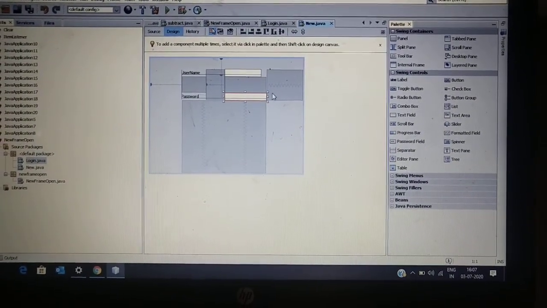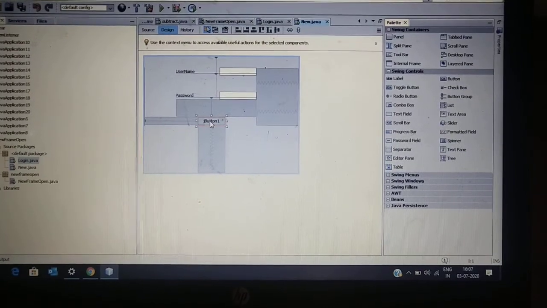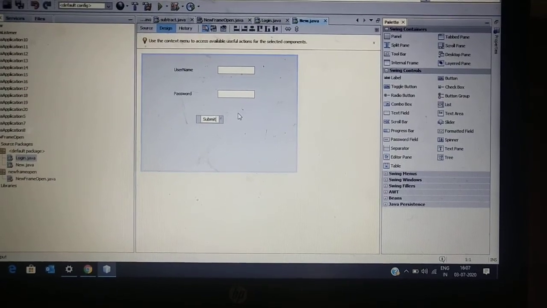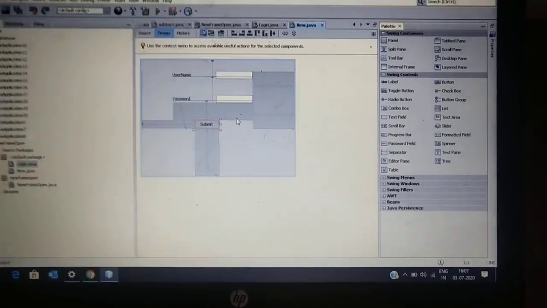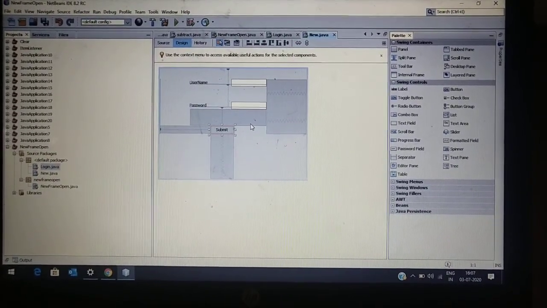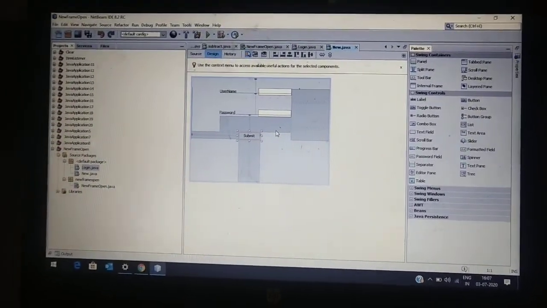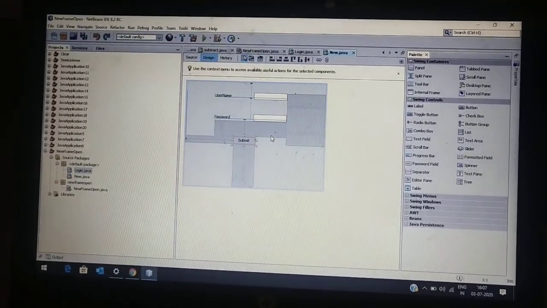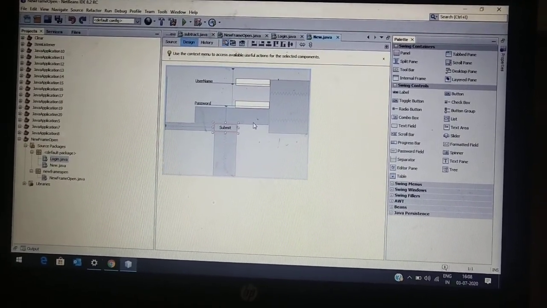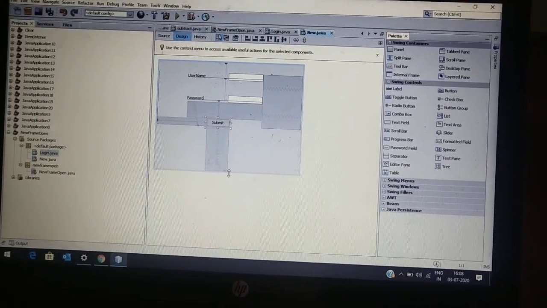So this is my login form, and now I want a submit button. As soon as I click on this submit button, my new frame should open. If, for example, I'm creating a project for database entry or a library management system, we want the first frame to be the login details. If you are creating a big project, you definitely want more fields, but normally you want at least two frames. The first one is for login details so that the user can log in properly, and then enters the new frame.